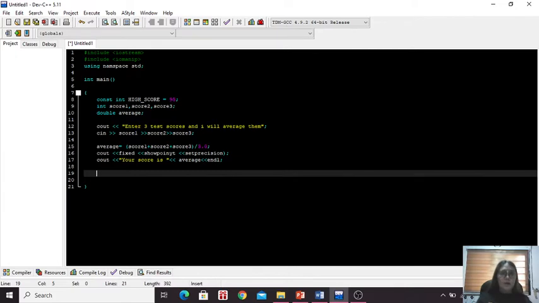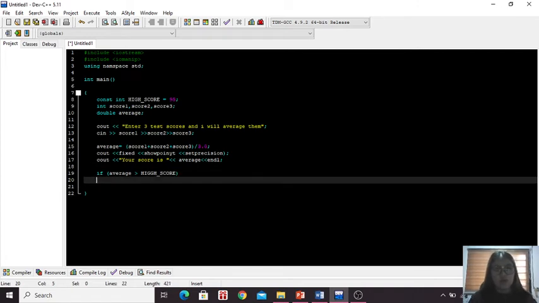Okay. So, eto na siya yung program natin. So, maglalagay tayo ng condition. So, if average is greater than the high score. Note lang na ang condition is always nasa open and close parenthesis and walang colon or walang semicolon sa dulo. So, if average is greater than the high score, then